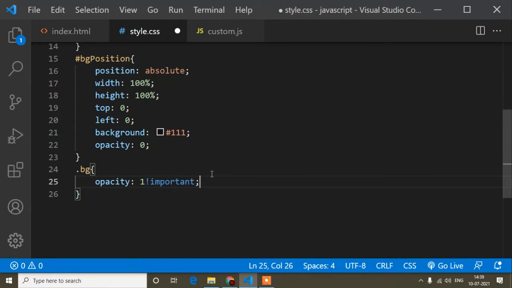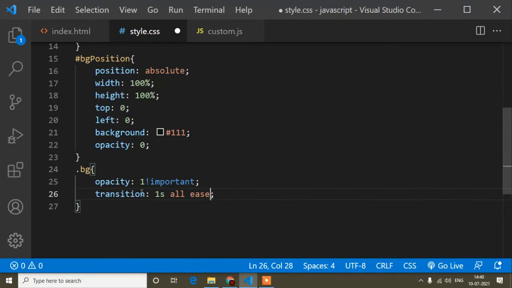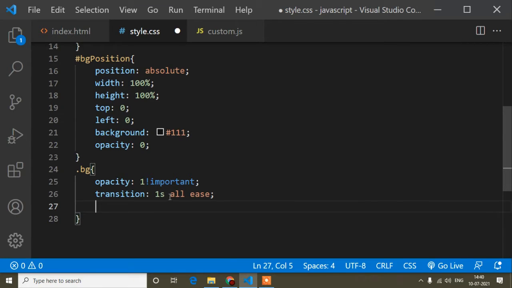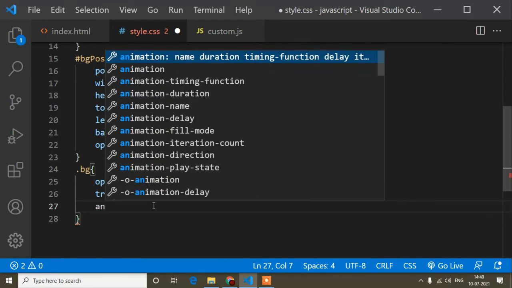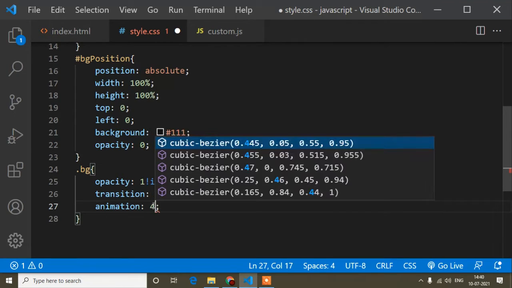And now guys, I hope it's clear. And now when I add this background color, I want to add it very smoothly. Okay, so that's why I will add some transition. So transition is 1s and all. So that means this opacity will be 1 and the background color will be visible, but very smoothly. Okay, and the animation duration, I mean how long it will take to cover this background fully black.